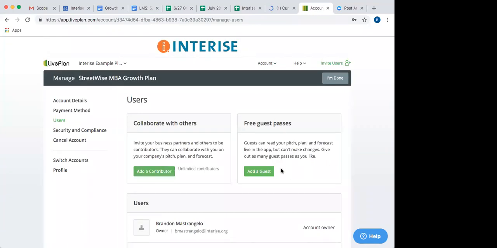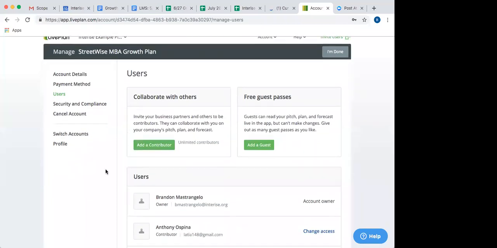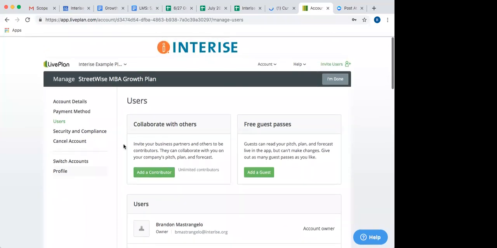Or you can add a guest, and a guest can just view. And I believe they can comment as well, but I'll need to double check that. Laura, do you remember if that was a feature of the guest access? I think so. I'm pretty sure that guests can comment. I think they can. Yeah. Okay.